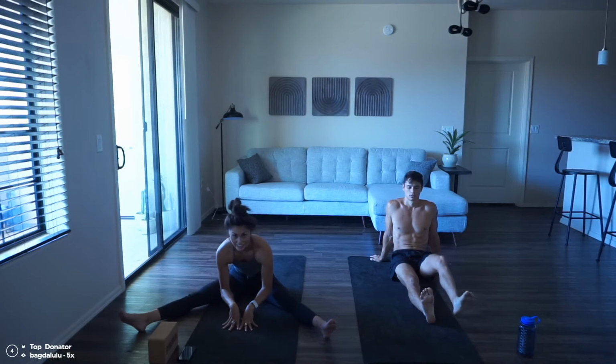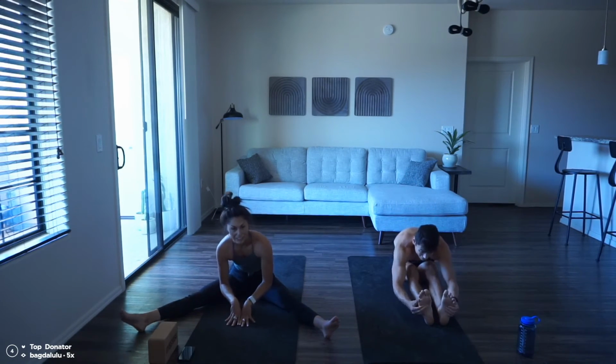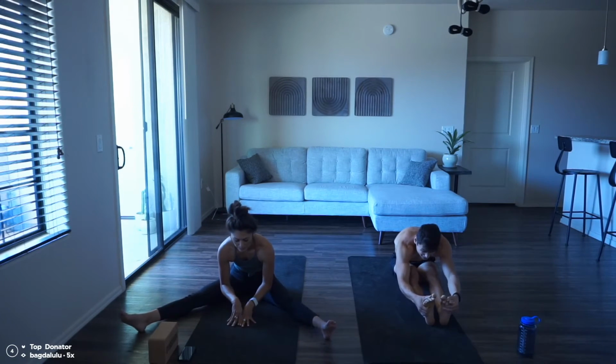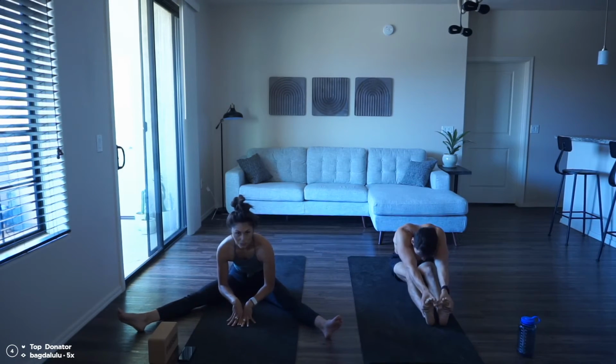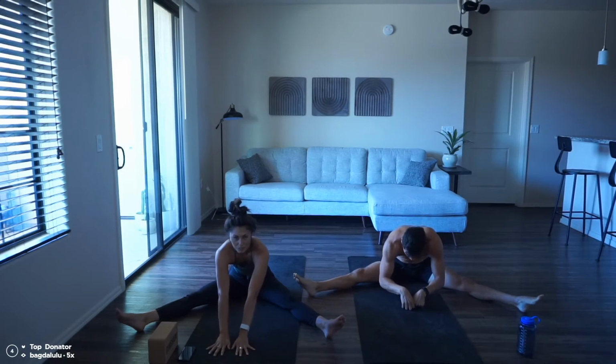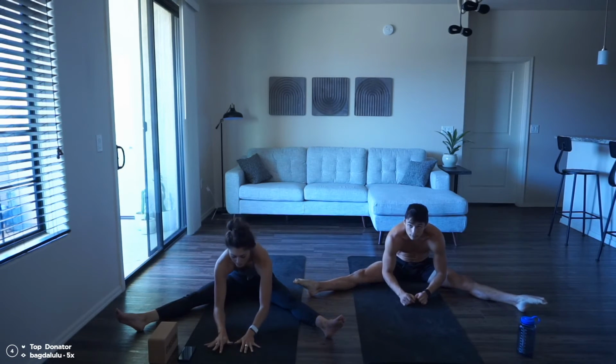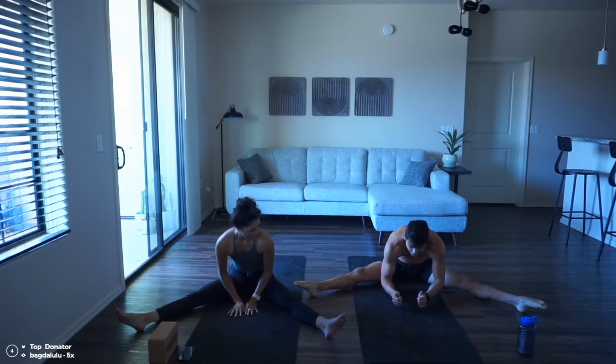Ooh, this is not easy stuff, but this is definitely gonna help you with your mobility. Might not look like a pretty yoga flow on Instagram, but this is the hard work. We wanted to show you guys what we do, what's been effective for us in terms of opening up the past kind of month or so. All right, next